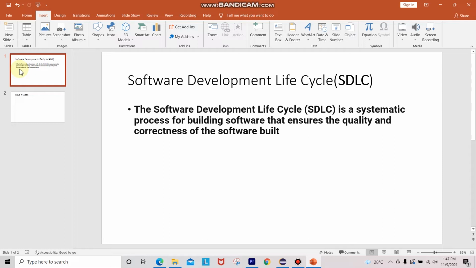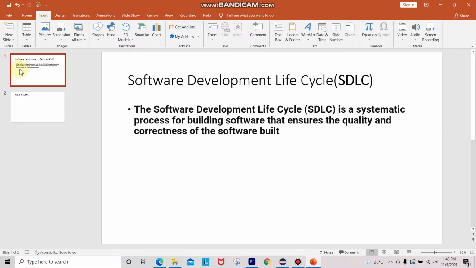In the software development lifecycle, we have different phases. First, we need to gather the requirements. After gathering the requirements, we have to plan before going to design. During the design phase, we have high level design as well as low level design. After designing, we go for the coding phase, where we create the code. After that coding phase, we have the testing phase. Once the testing phase is done, we have the delivery and maintenance phase.